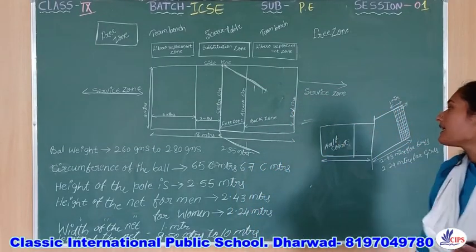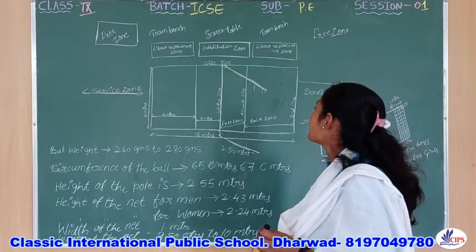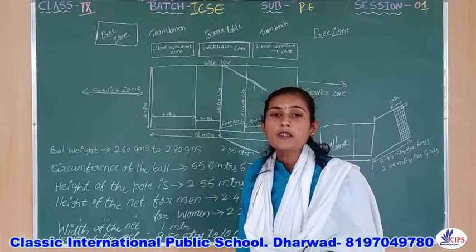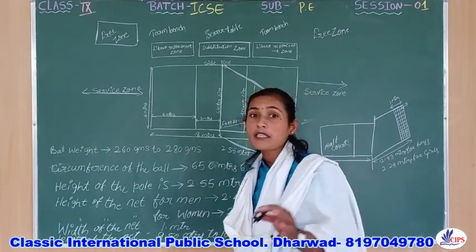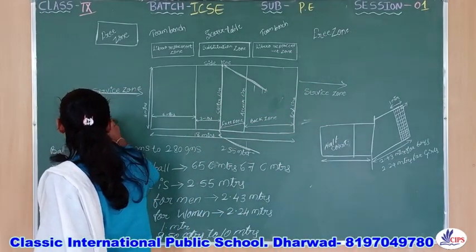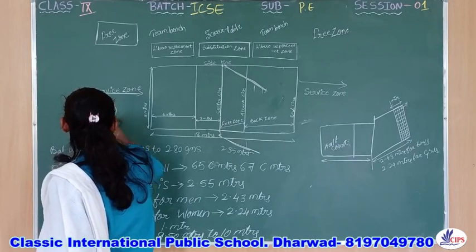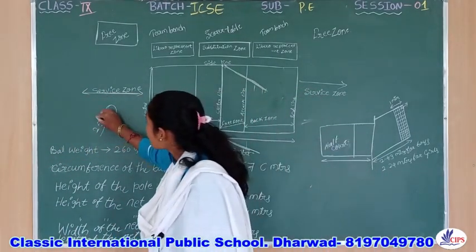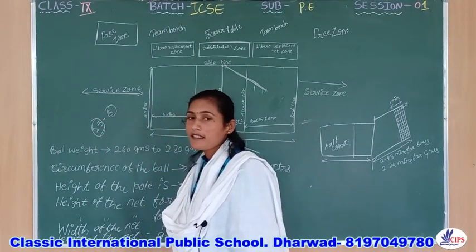Okay, look at me here. It's an important matter. Now how are you going to judge the match? How are you going to judge the volleyball match? How are you going to get the result? Now look at me here. 25 points, 5 sets. Understood? 25 points, 5 sets.